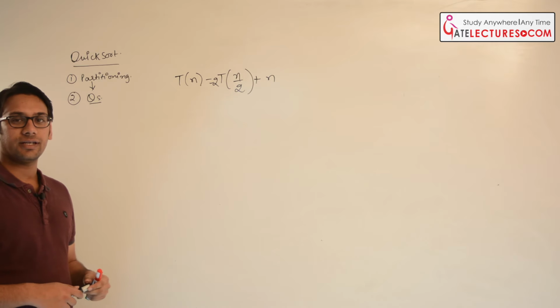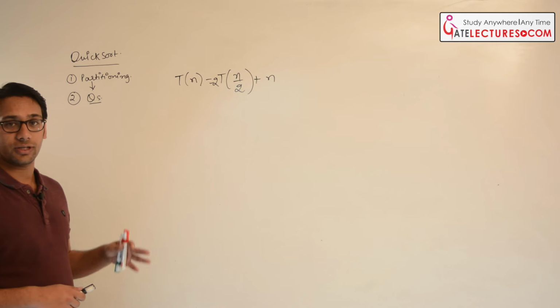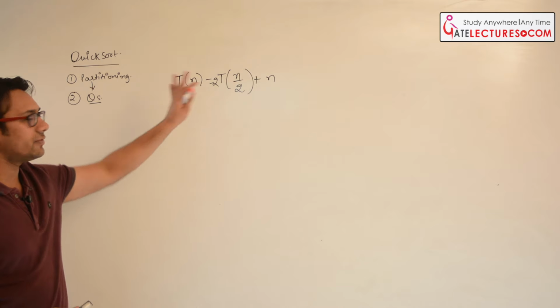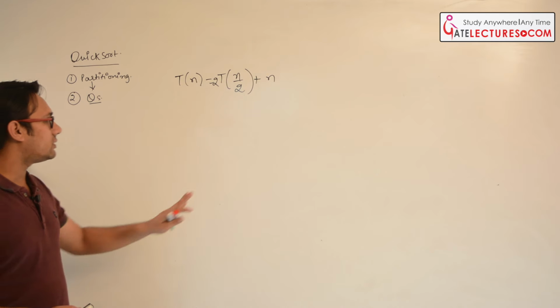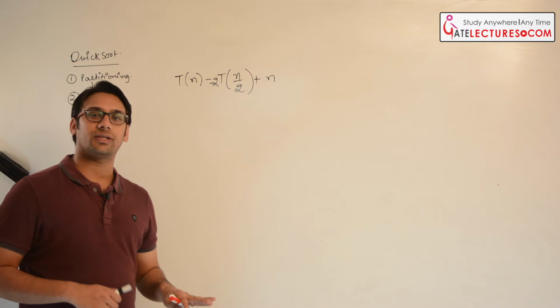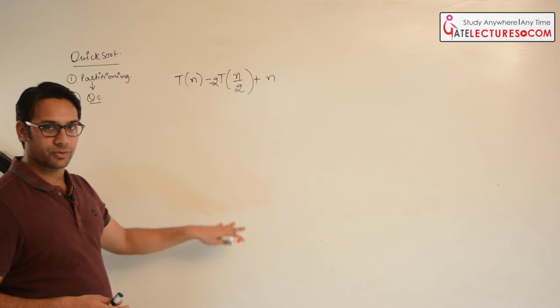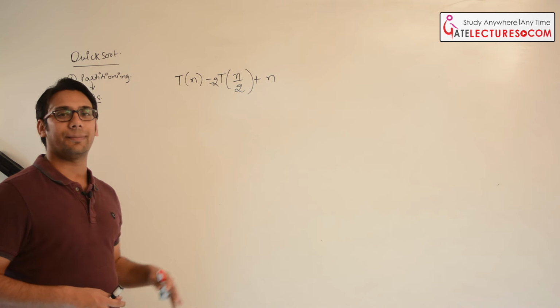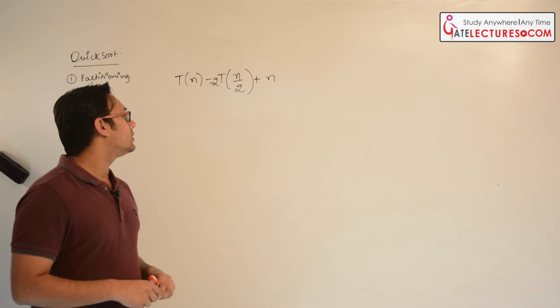Let us find the time complexity of this quicksort in the best case. Fine. So we have this following recursive relation. Either you can solve this recursive relation using the Master's theorem, or here I am going to follow the long procedure, which is the back substitution method. Okay, so let us see.